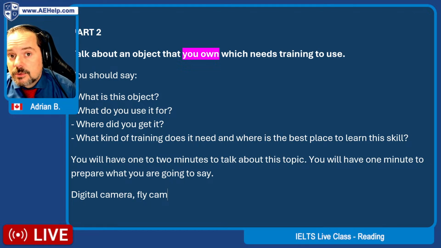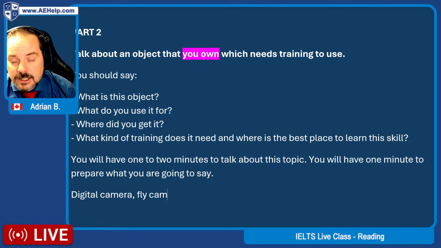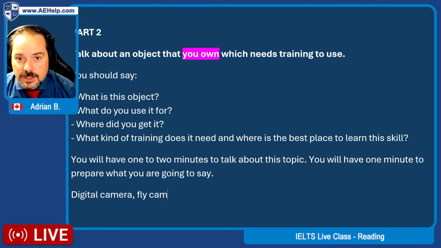So it's really important, students, that you recognize that your choice for part two will have a big impact on your result. But having said that, if you know some words, right, are you familiar with all the words, Min, with digital cameras? Words like aperture and focal distance and auto zoom and lens and so on and so forth. Like you know all the technical terms around the camera.